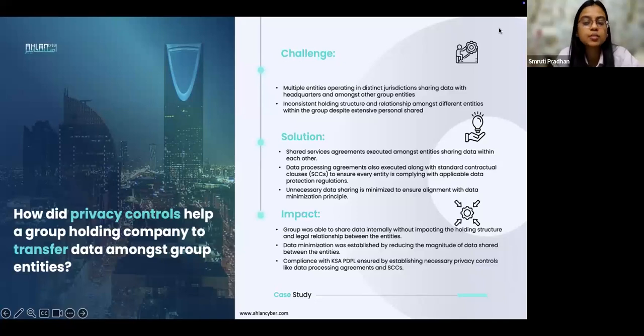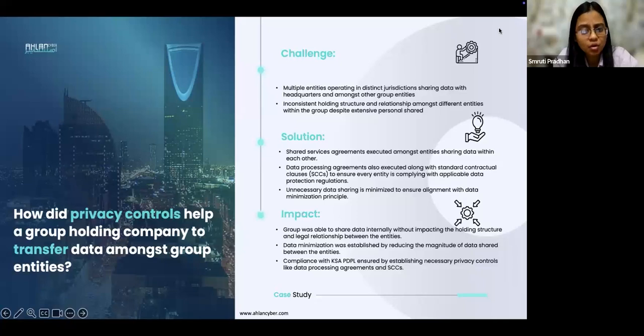So while we are building the programs, we identify these gaps and we tell them that if something can be done without sharing extra information, then that process needs to be changed, and there is no need to send the information which is not required. So our solution focused on a combined approach of both process and technology, and our focus was also more on the contractual requirements. So based on the challenges of group holding companies, we provided our solutions across these areas,